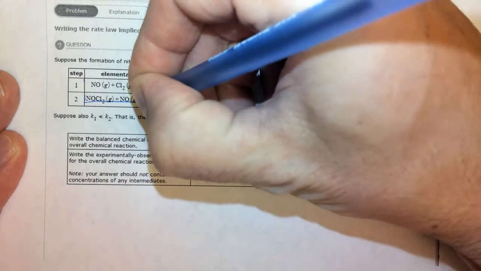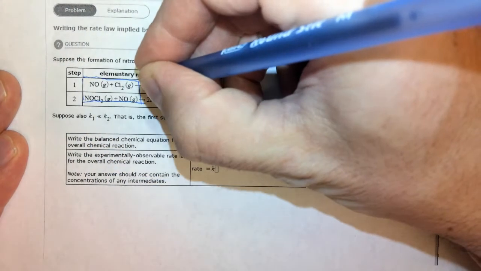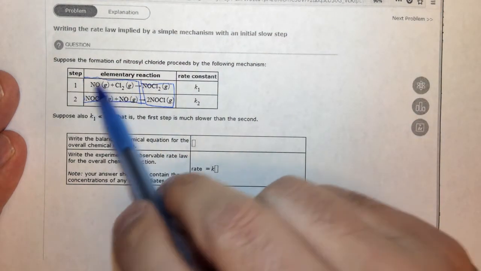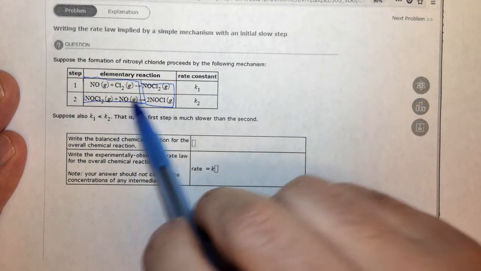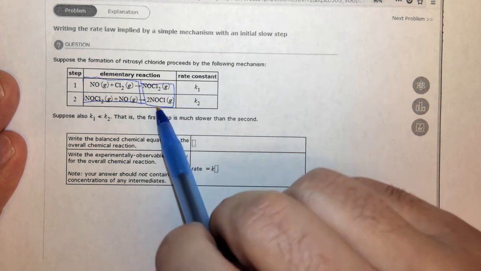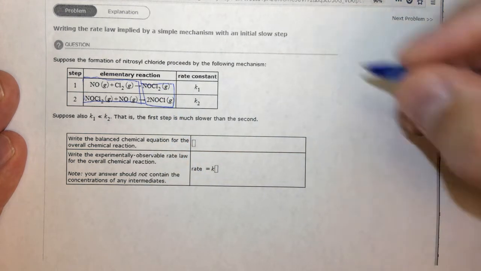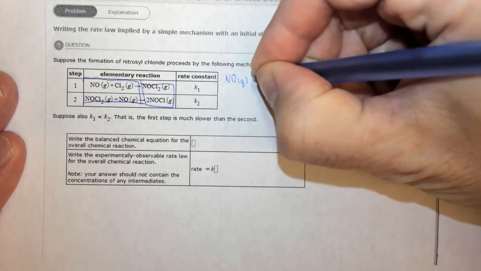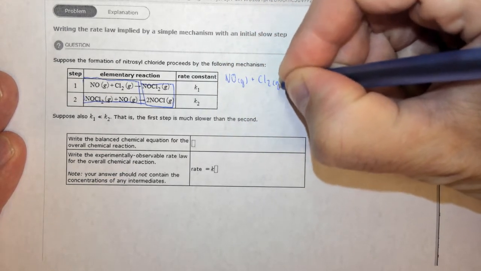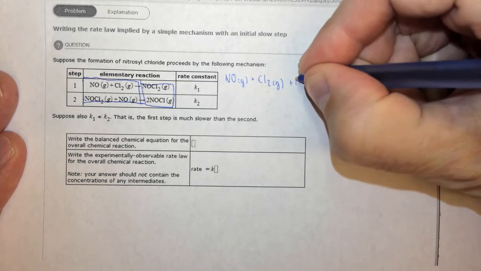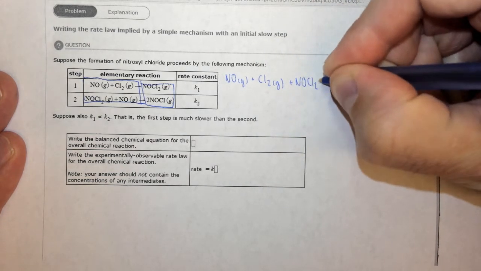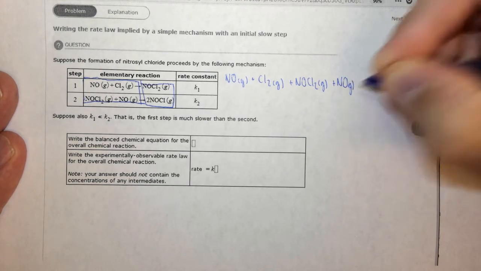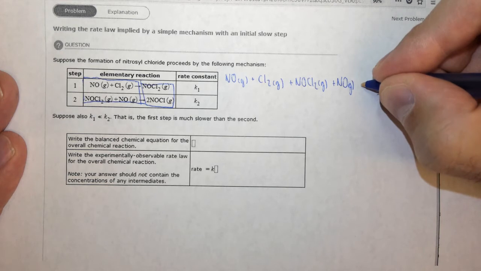As you recall maybe from other videos or from Hess's law, to add reactions together, we simply write everything from both reactions on the reactant side and everything from both reactions on the product side. So starting with NO gas plus Cl2 gas plus NOCl2 gas plus NO gas yields,